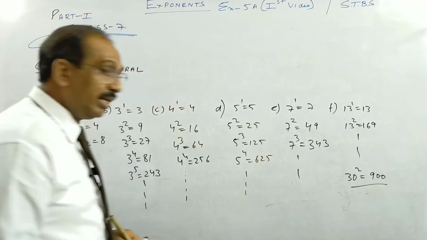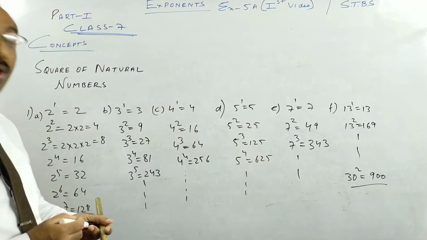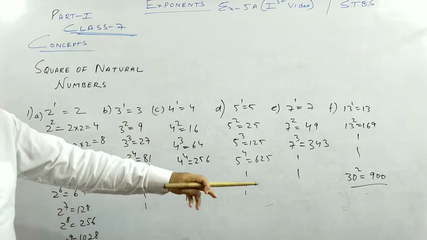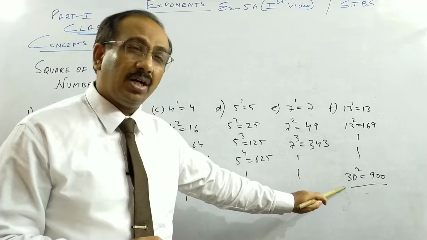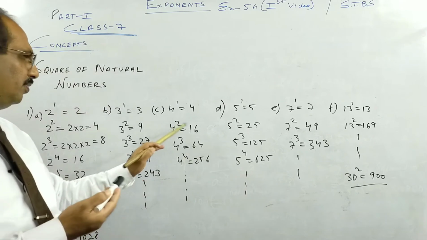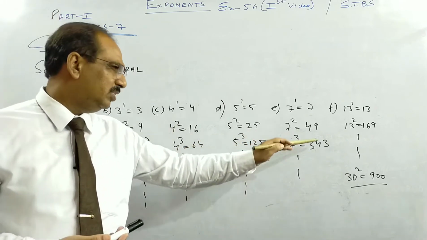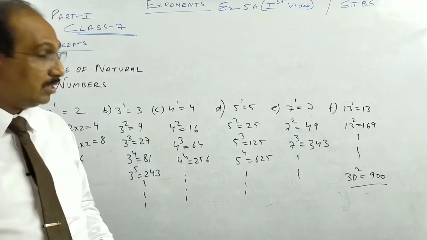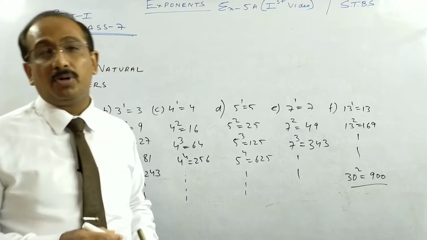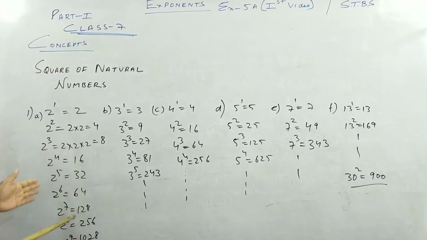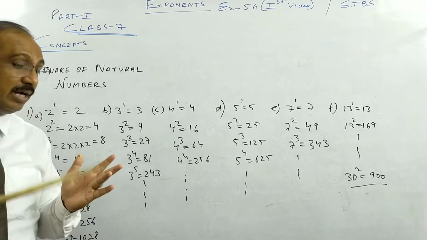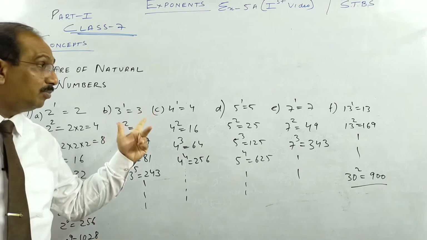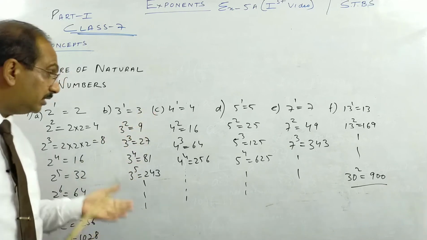These are very important, children. Don't think we are wasting time. So please write this. I tell you, at least squares up to 30 and cubes at least up to 7. I showed you around 11, 12 like that. But the square of a number is very important. So please copy, learn them. It should be at your fingertips. Means when anybody asks you any sum, you will be able to reproduce it then and there.